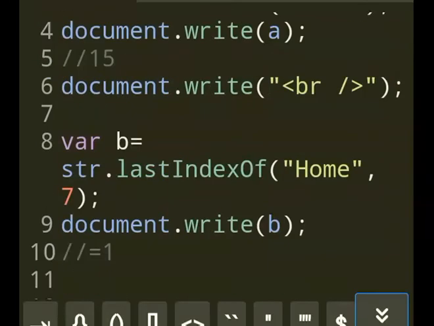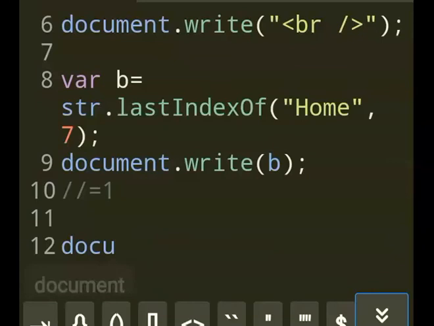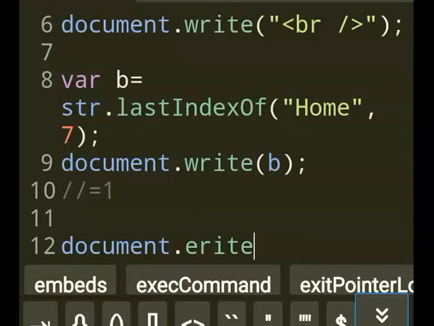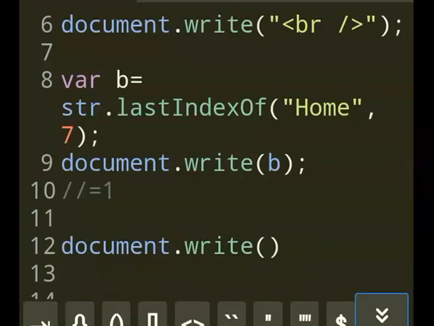And similarly, you can do the same thing for characters and letters. I show you here. Let me give a line break here. document.write, sorry, it's W. I want to give a line break, BR, so document.write, I give a line break.